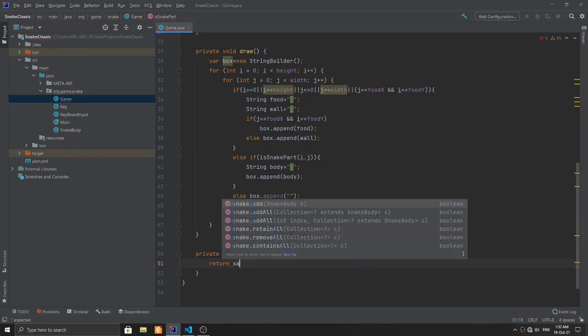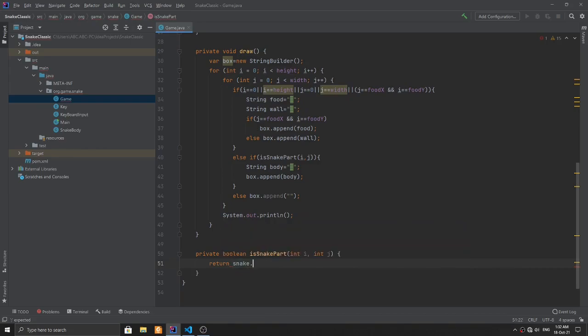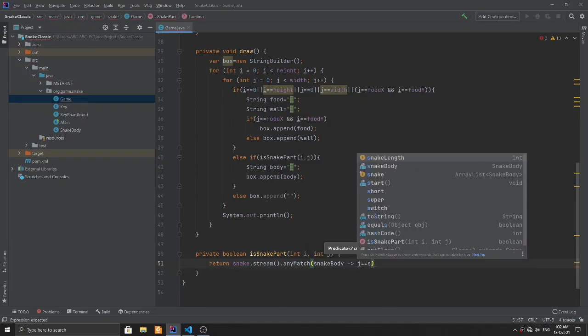I'm going to say snake dot, I'm going to use the stream API here, stream dot anyMatch. So if any of the positions within the snake is matching the i and the j value, then the x should match the j, and